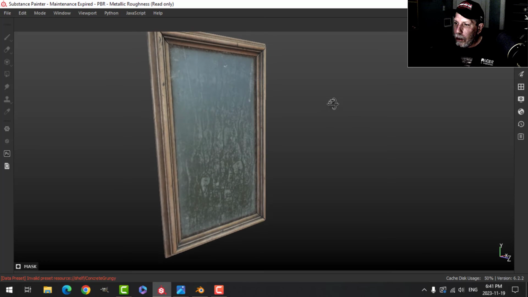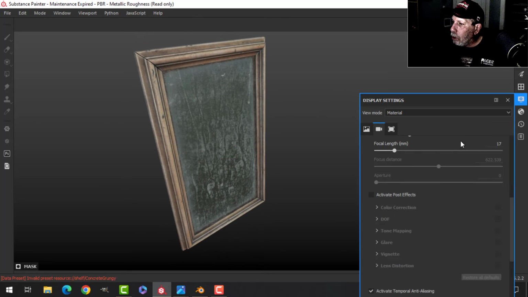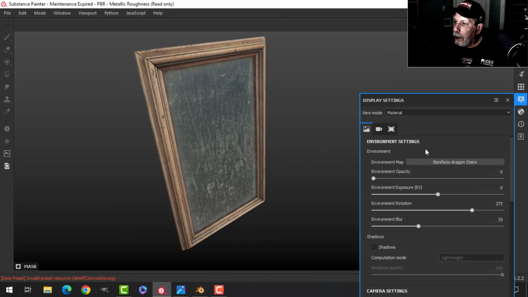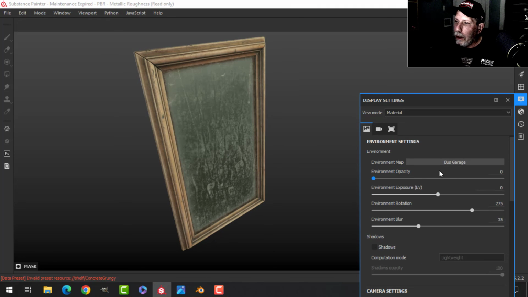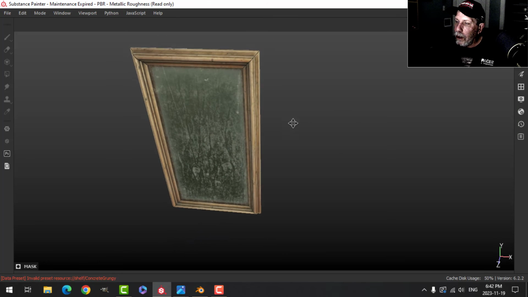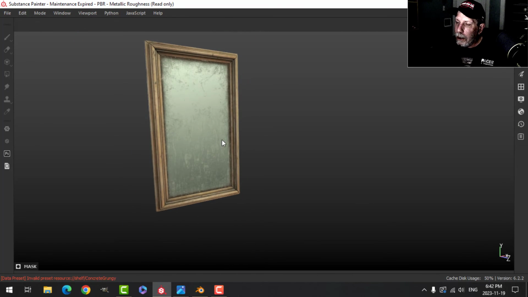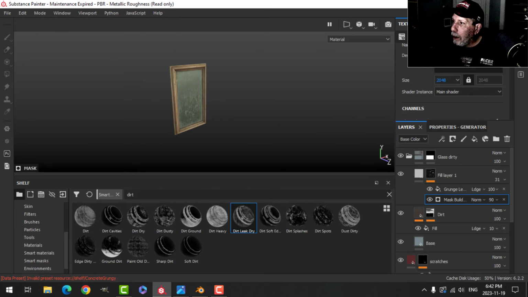All right, a dirty, grungy, mirror-like thing. And we can try different lightings, because as we know, the lighting is really going to affect how it looks. Okay, just to give you a sense of different views of this. So there's our frame and there's our mirror. And if you want to see what it looks like in the scene that we're building up, let's just make